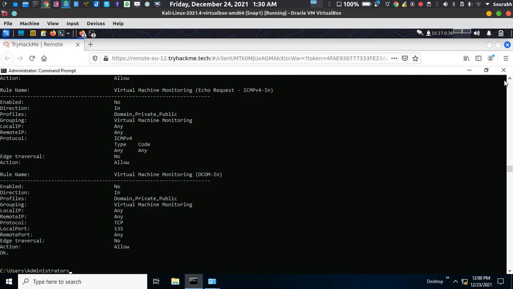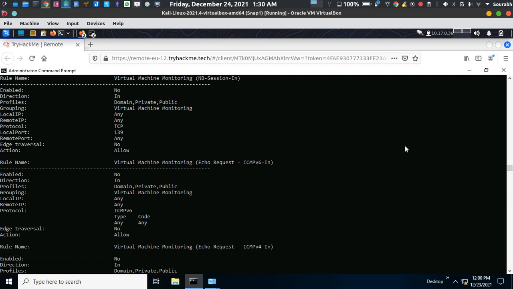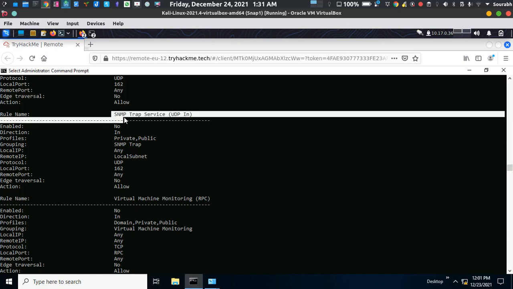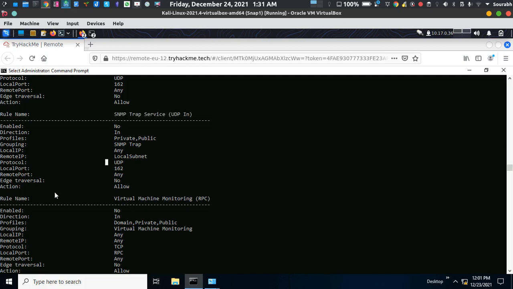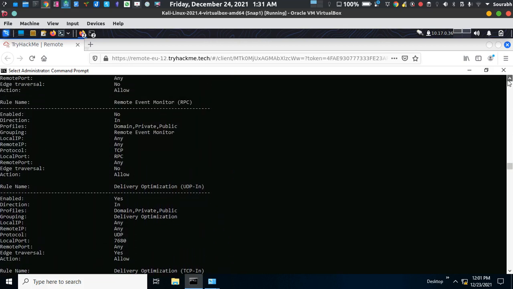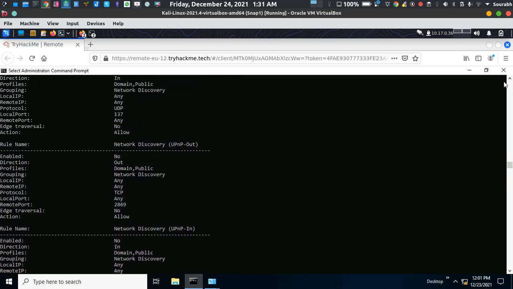Let's find out some more information. It gives me the first prompt, which is SNMP, Simple Network Management Protocol, I think it's called, and the action is allow. I don't know in depth about this, so you can search and comment in the comment section what these things are. Basically, all these particular services are monitored by the firewall itself.